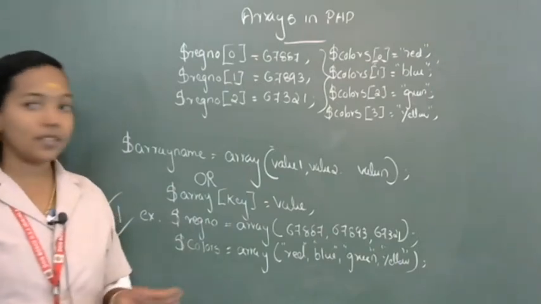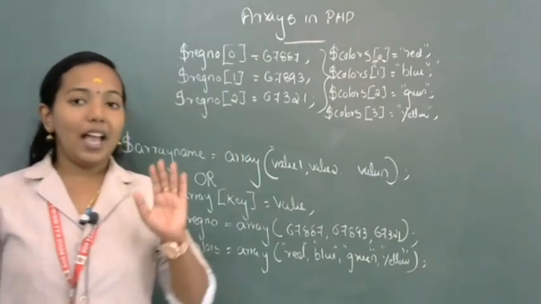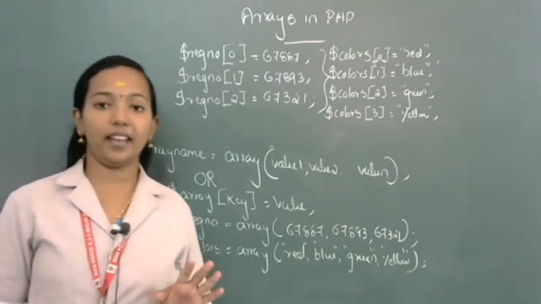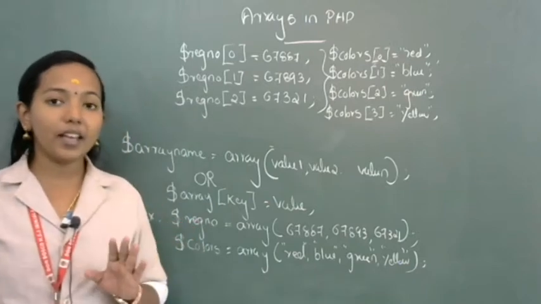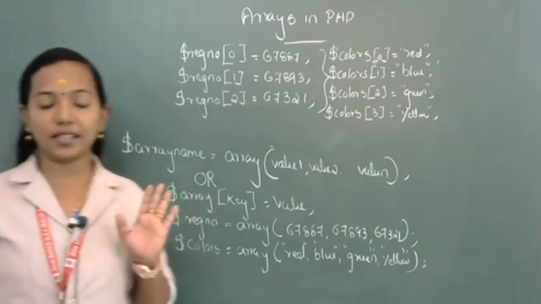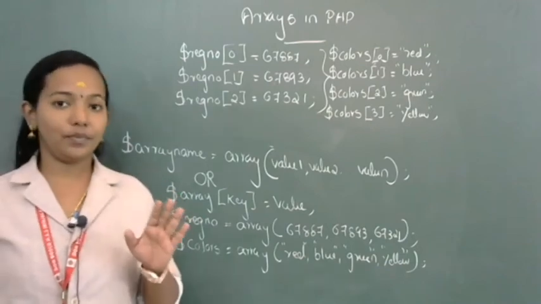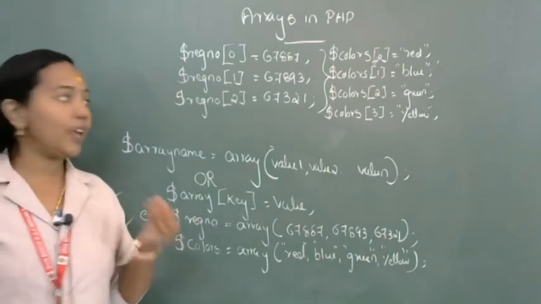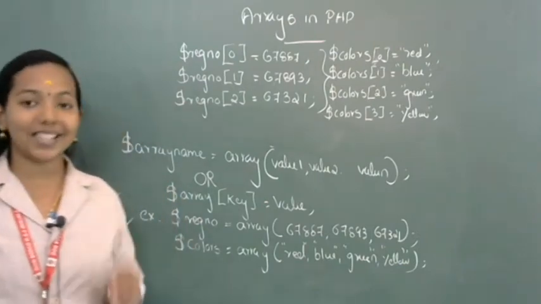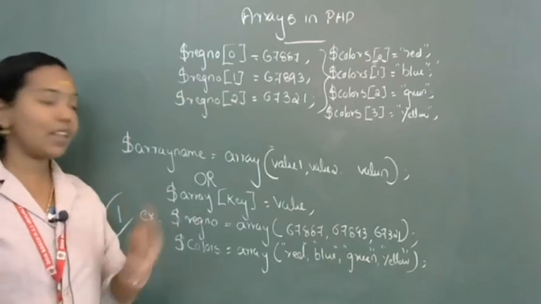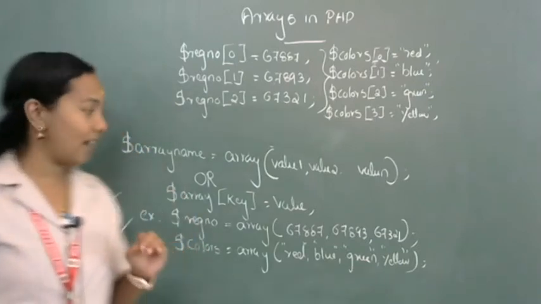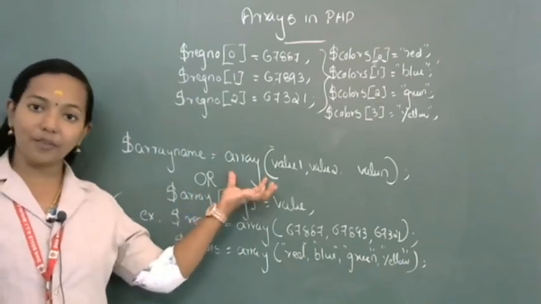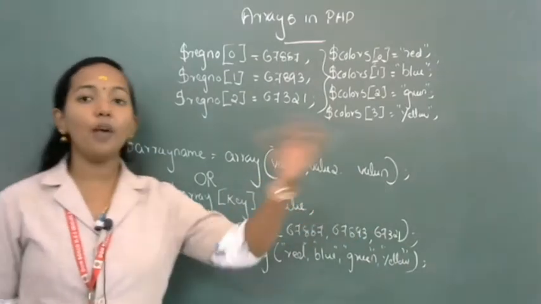Okay, so an array with numeric indexes is known as an indexed array. What is an indexed array? An array with numeric indexes is known as an indexed array. Here location is also known as keys. We are using non-negative numbers as keys in an indexed array. The syntax for representing an indexed array is $array_name is equal to array(), here array indicates it is a function. This function is used for giving values.